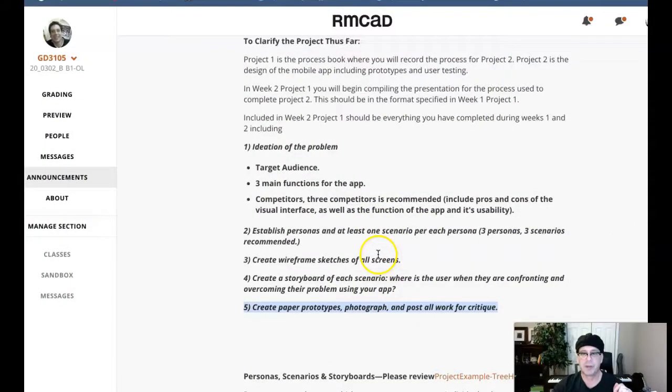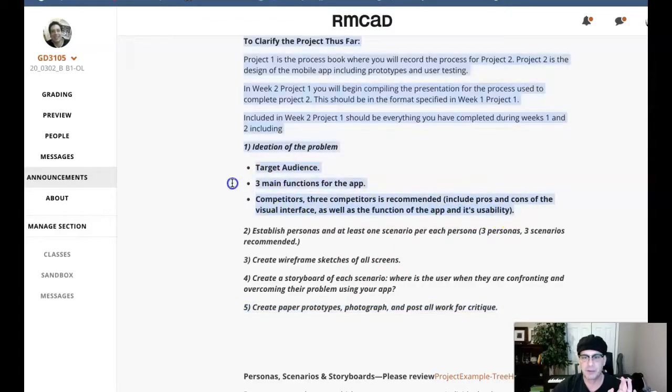So let me show you some examples of what we're looking for. Okay, so let's see. So target audience, 3 main functions of the app, and competitors. That's stuff that you should just have in your research. So that should be included. Now, the competition, I think it would be best to show 3 examples of competitors, including maybe a shot of what the app looks like, the home screen, and then talk about 3 different things in your competitive analysis. Talk about the pros and cons of the visual interface, the function of the app, and its